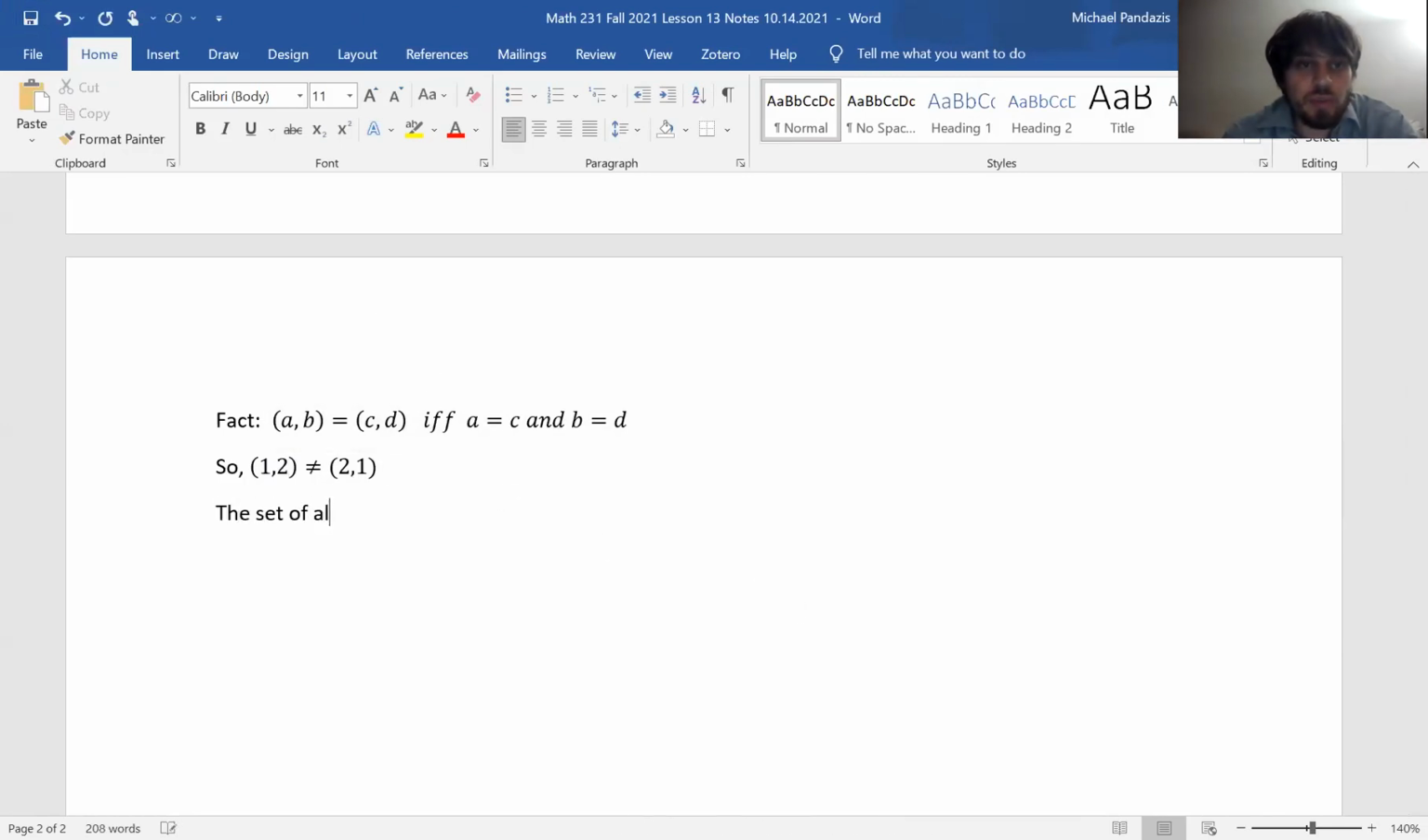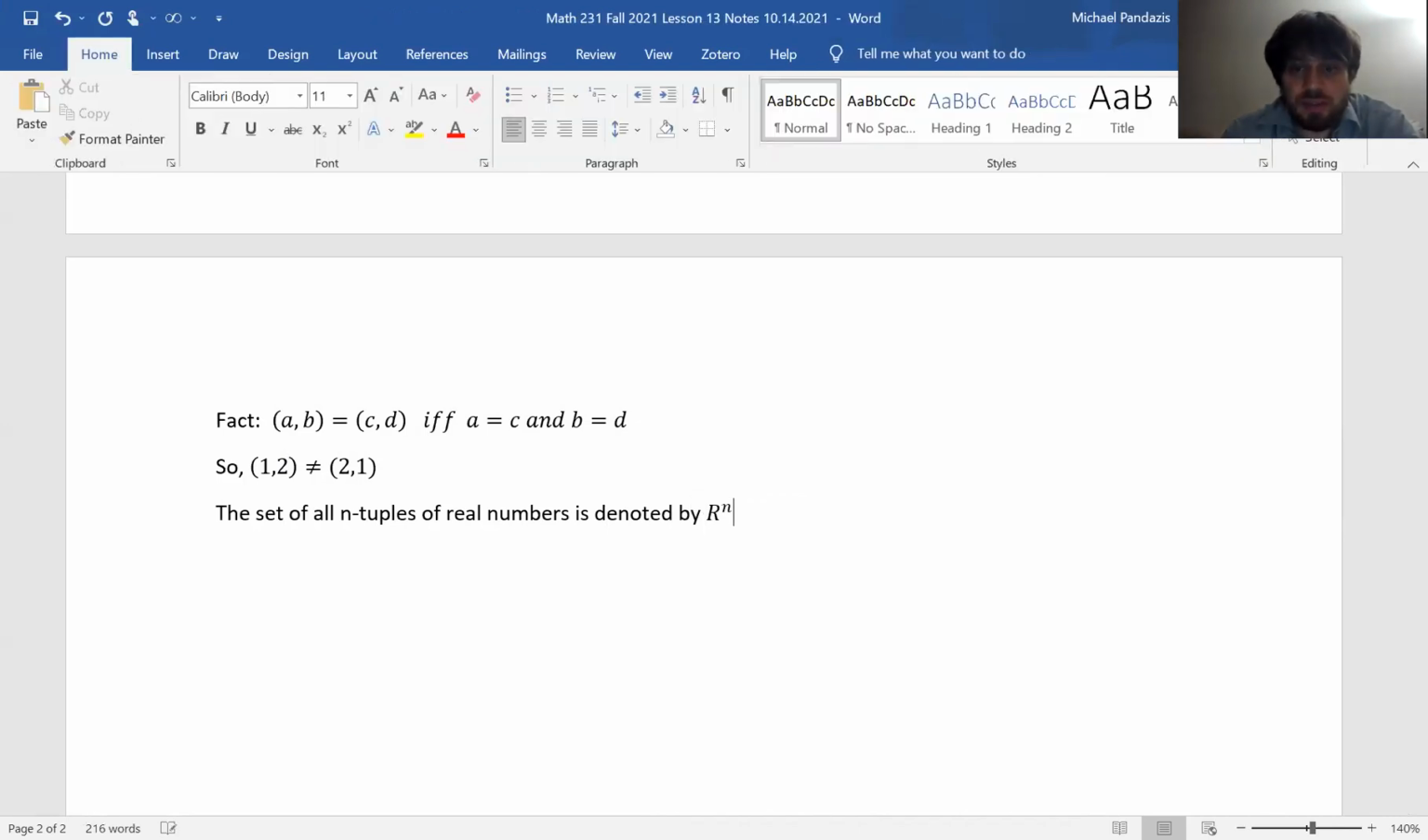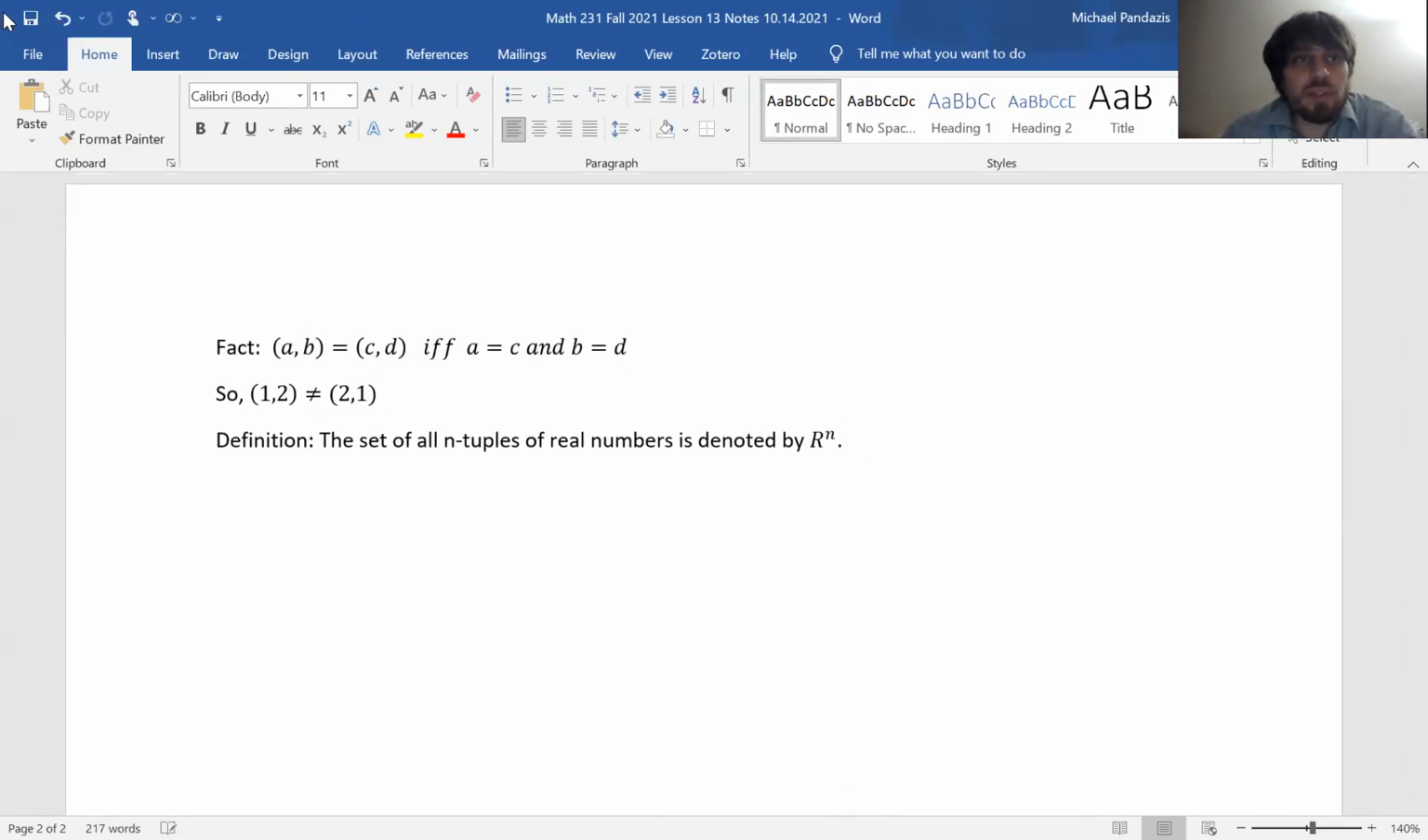Okay. The set of all n-tuples of real numbers is denoted by R to the n. Okay, so the set of all n-tuples of real numbers is denoted by Rn. The elements of Rn